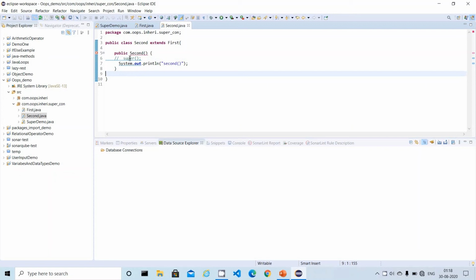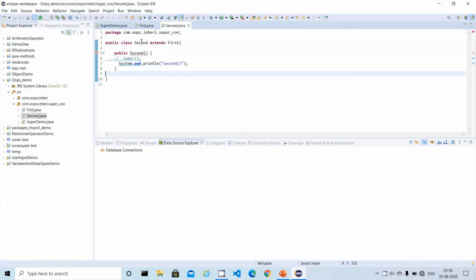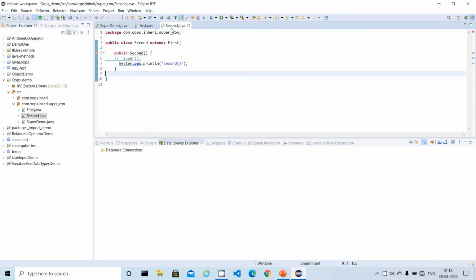So why is the compilation error coming here? There is a default super keyword available, which expects a default constructor in the superclass, but in this case there is no default constructor. So how to fix these kinds of issues? Always keep in mind, whenever you are writing a class which can be extended, make a default constructor. Now come back to the subclass. Now the error is gone. So this is one way we can fix the error.